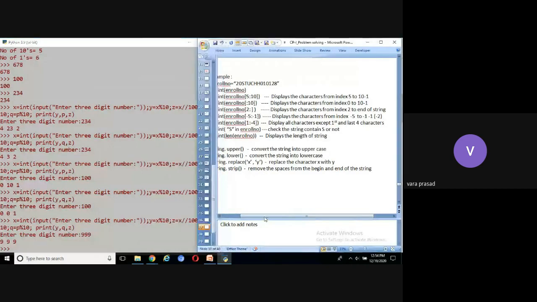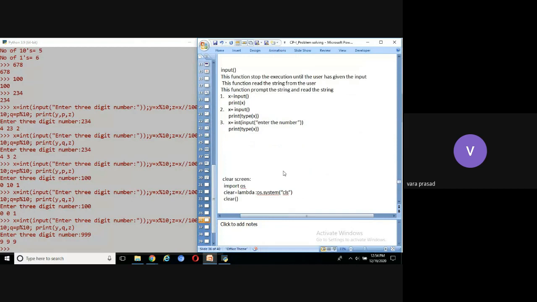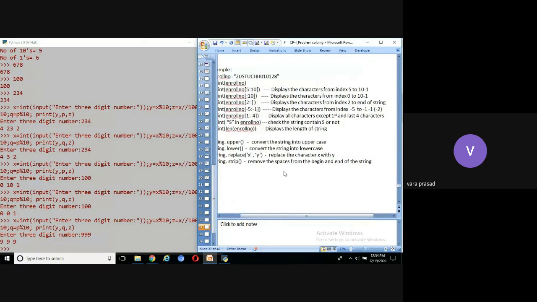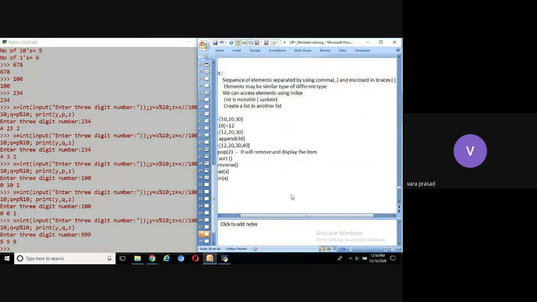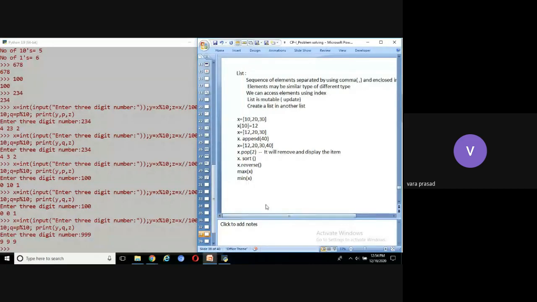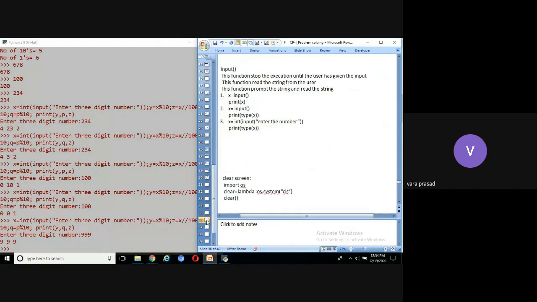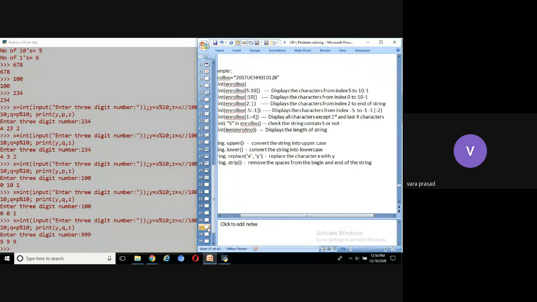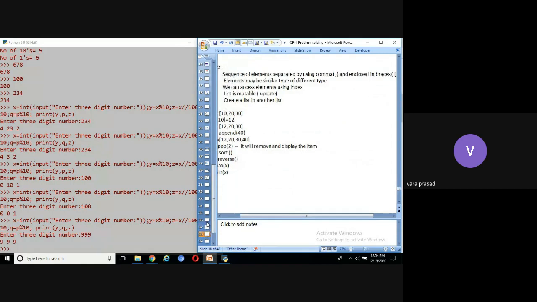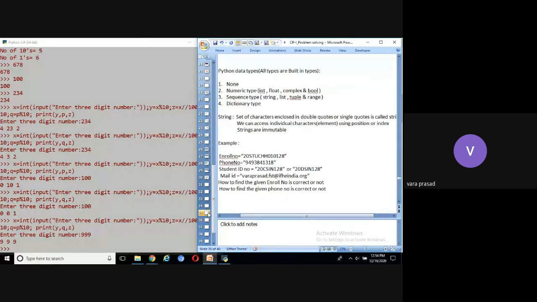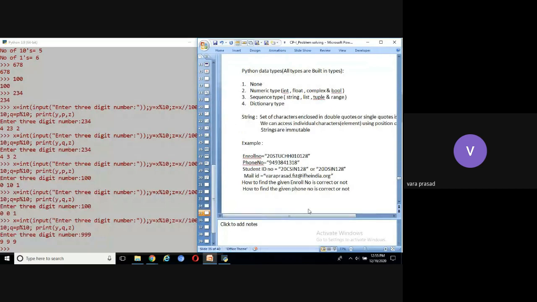Now, you can see the slide. Python data types.